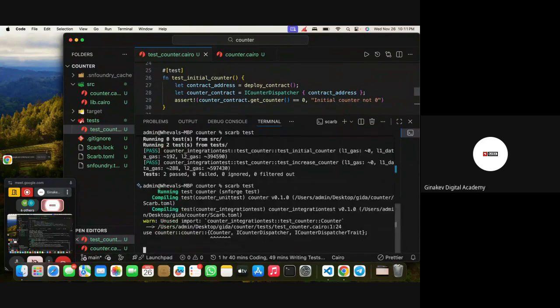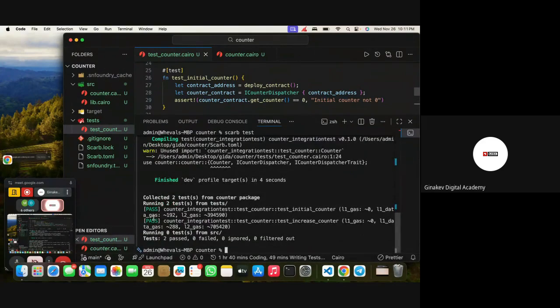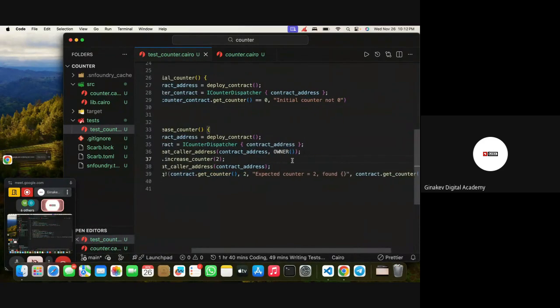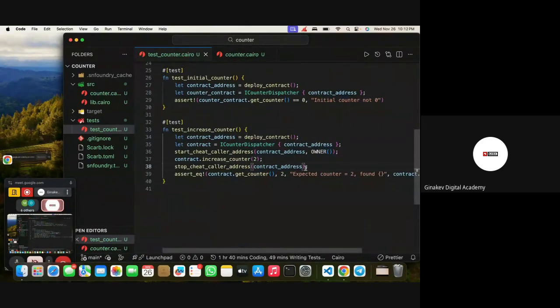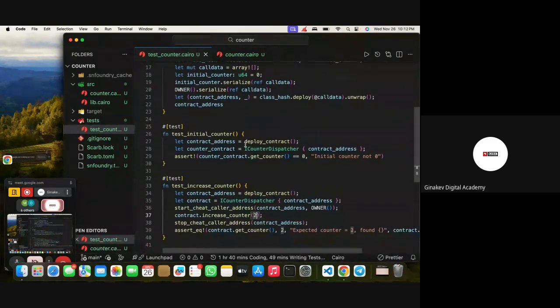And we don't expect to see any error. So you can see 2 tests are passing, test initial counter and test increase counter. The 2 tests are passing, right? So for us to get an error, let's try to change the increase count, or even further, let's do something